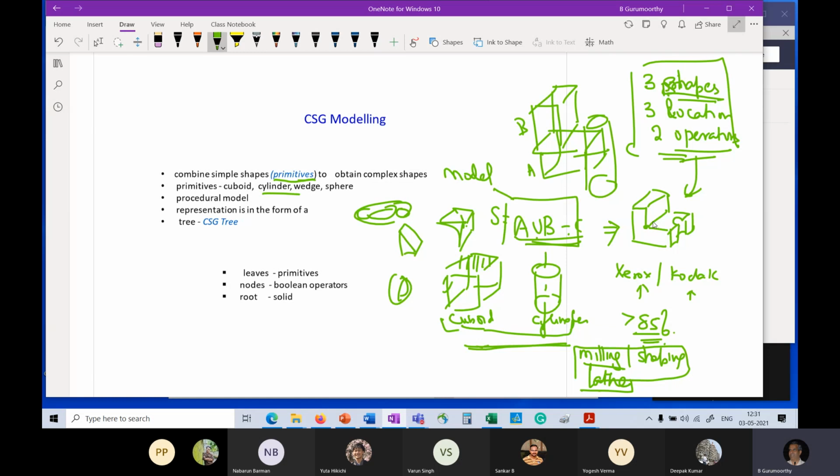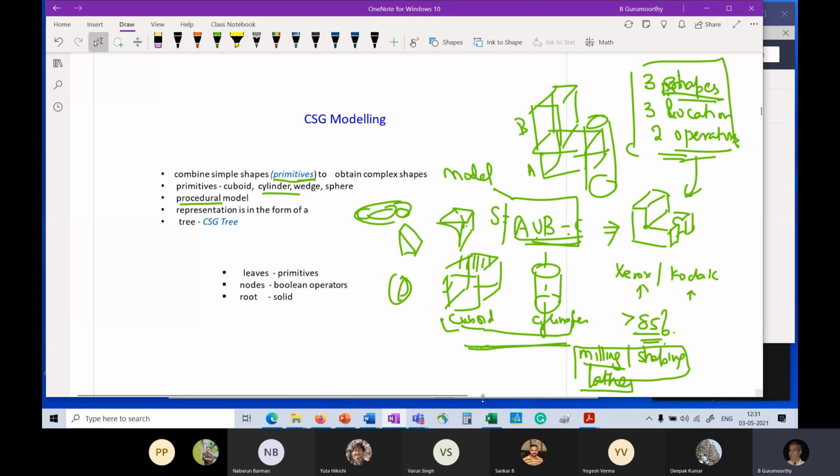Rather, it tells me the procedure to construct that model, which is why we call it a procedural model. Right? And typically today, and actually even when it started, the way this would be represented for the computer to be able to process and create the entity of interest to you.